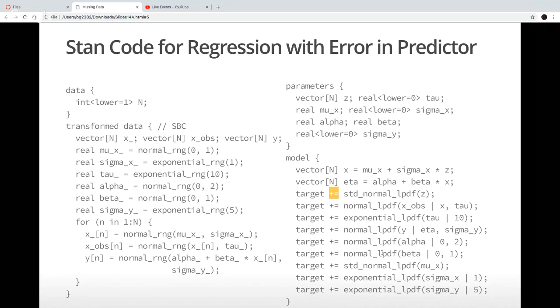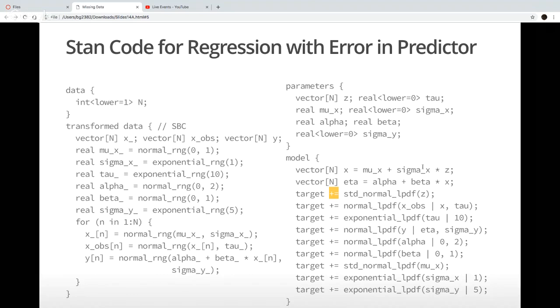We can take something that has a standard normal prior, scale it up by sigma x, shift it over by mu x, and this implies x is going to have a general normal distribution. But the fact that I've encoded prior independence between z and sigma x means that there's a more consistent step size for Stan to be drawing from this posterior distribution on the z dimensions. And that can enable Stan to draw more efficiently from posterior distributions like this,